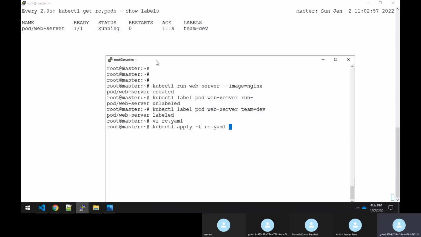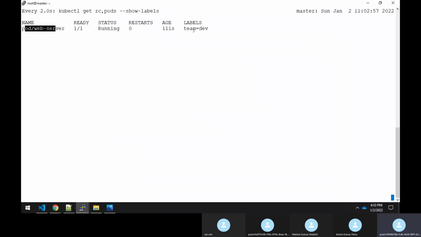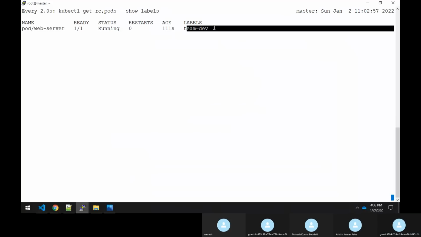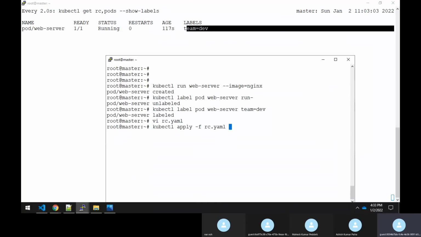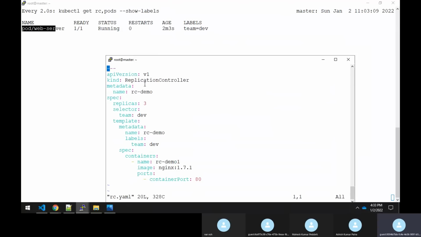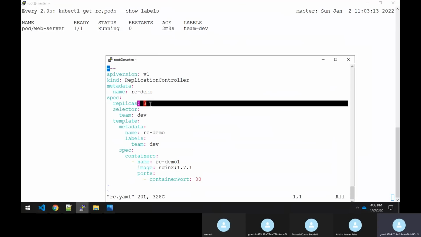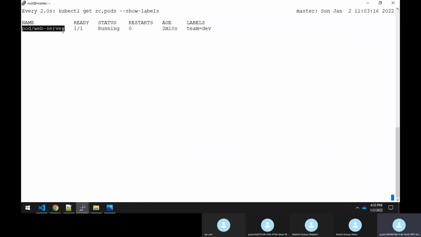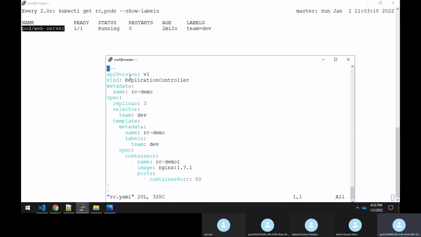Already the replication controller sees that there is another pod running with the same label, team is called Dave. So the replication controller will acquire that pod. It means it will make this pod run under its control, and because it needs 3 replicas and 1 pod is already running, the replication controller will only create 2 pods.